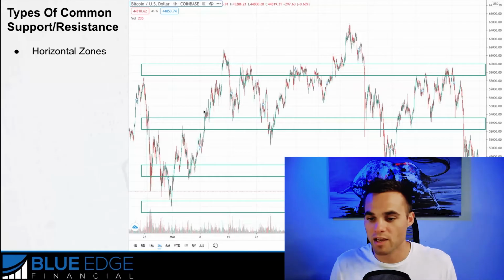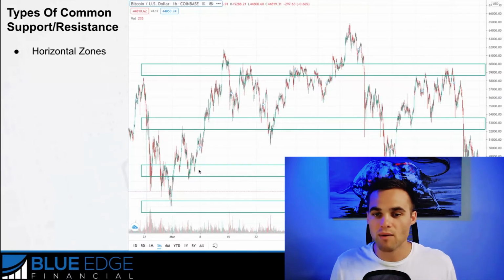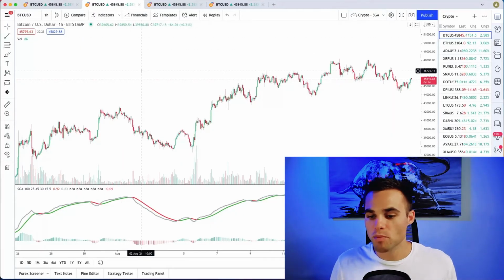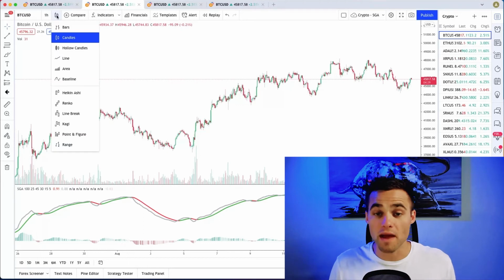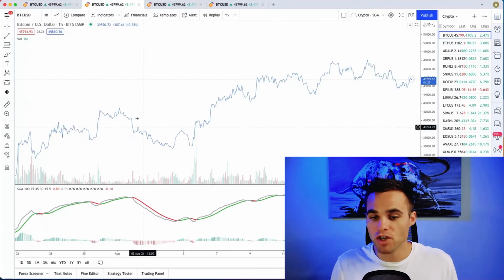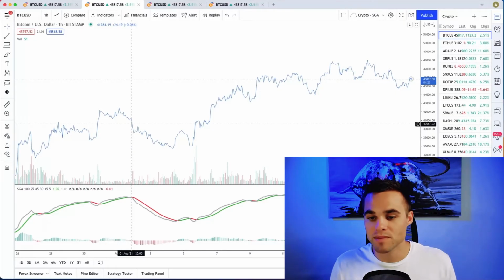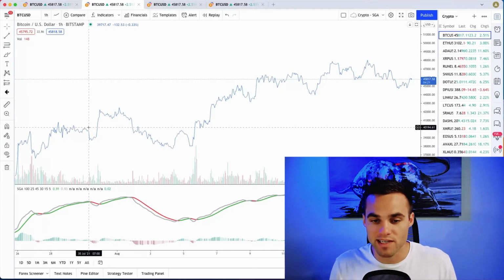I'll get into that when we're talking about trends later on, but this is a little bit subjective on how you draw support and resistance zones, but I'll show you how I like to do it. So if you're having trouble drawing support and resistance zones, one thing that might actually help is, instead of looking at a candlestick chart, looking at a line chart. And if you do that, sometimes it's a little bit easier to see where these key zones are.